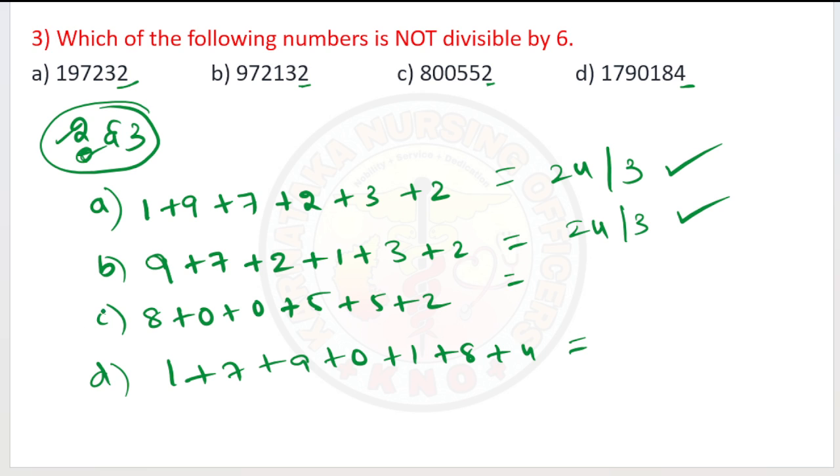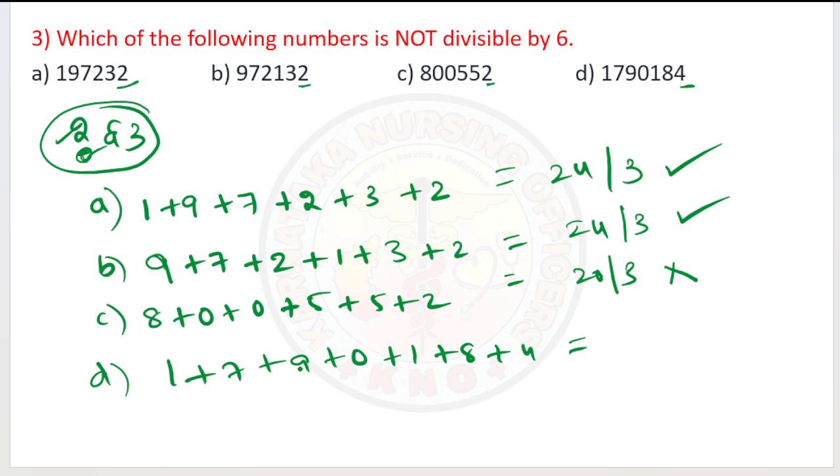Yes, divisible by 3. So 8 plus 5 is 13. 13 plus 5 is 18. 18 plus 2 is 20. 20 is divisible by 3? No. This is not divisible by 3 because there is no 20 in the 3 table. Correct? So now again let's see the last